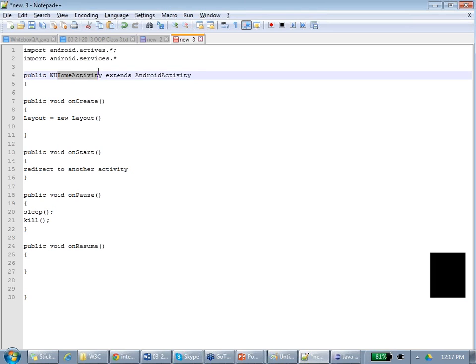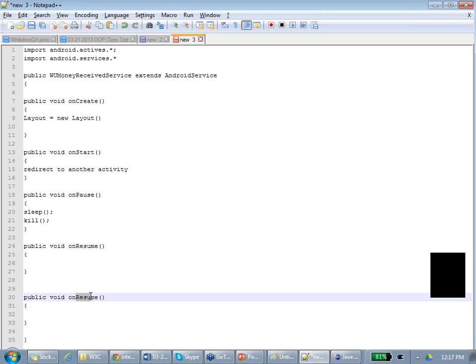This is money received service, and I will say extends Android service. Agreed? And here I will write on bind. On bind, a service will bind to what? An activity. Remember? So it will pass an activity.